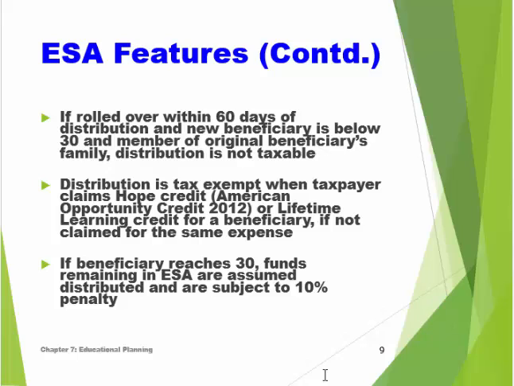Any distribution is tax exempt when you claim the HOPE credit. So you can take the HOPE credit and you can take the lifetime learning credit, as long as you don't use it for the exact same expense. And again, we have talked about here, once you get to age 30, there is a distribution, or you have to roll it over. If there's a distribution that's not used for education, again, there is an income tax, and you're also then going to be subjected to a 10% penalty.